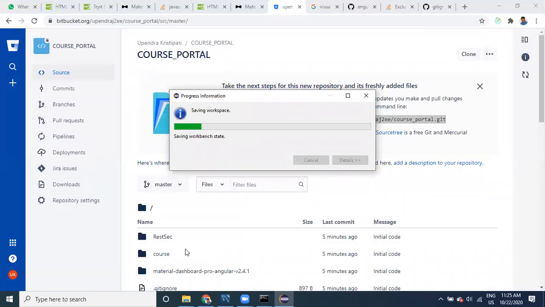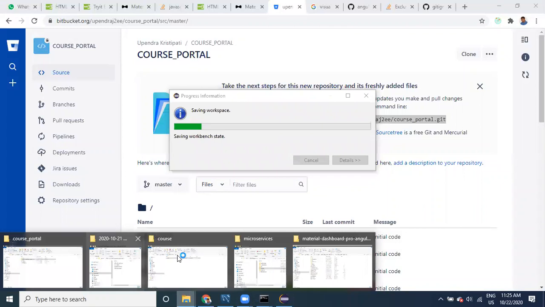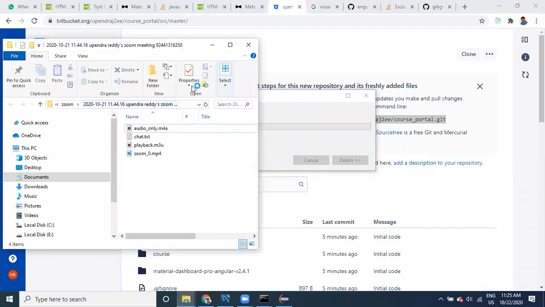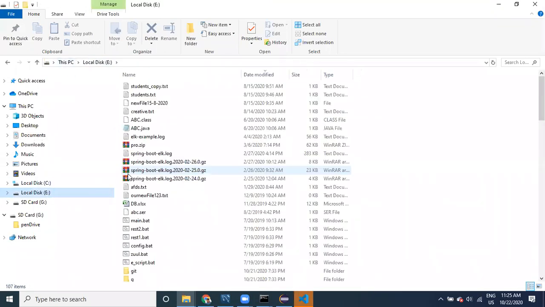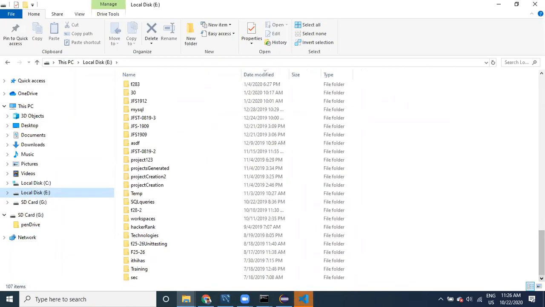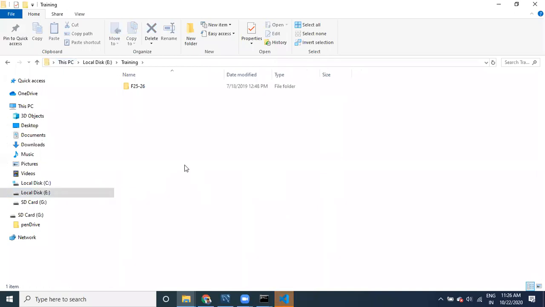Then what to do? I will open one of the folders. I'll go to a different folder, guys. This is what you have to do when you are working with your application. I'm in the training folder.